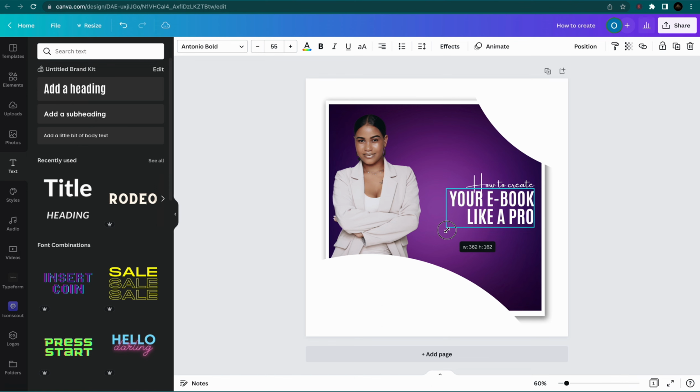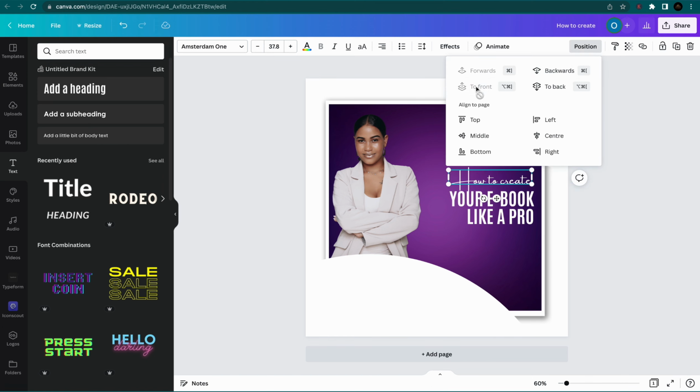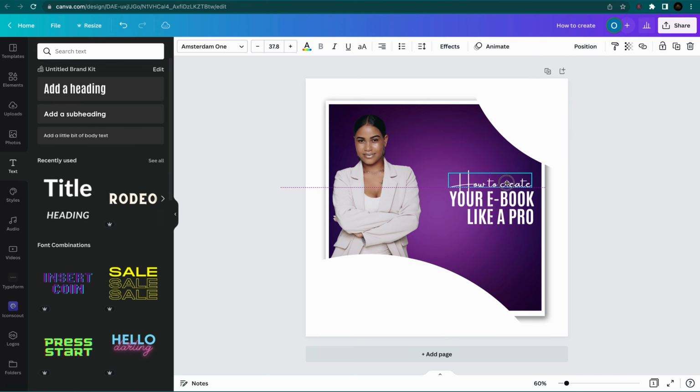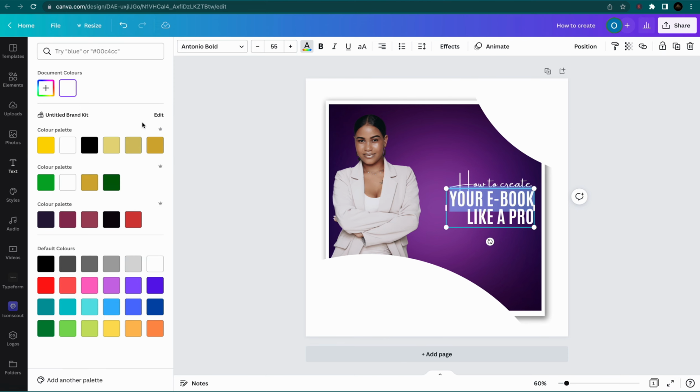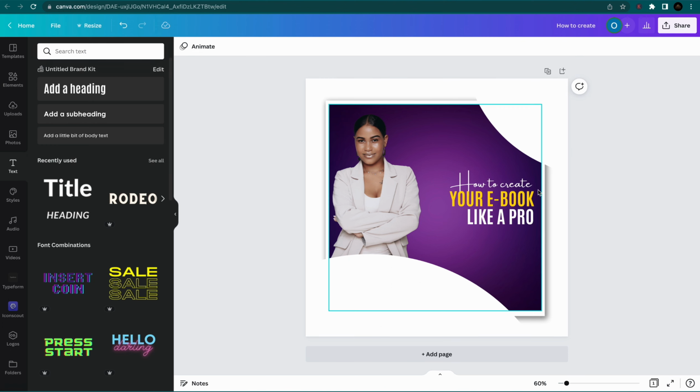So I'm just going to drag it out a little bit so that it's showing properly, and I'm just going to position my fonts. So I'm going to move how to create to the front. Okay, then the next thing is you are going to select your ebook, only your ebook, and change the color to yellow. Okay, just your ebook. All right, now that we are done with that,